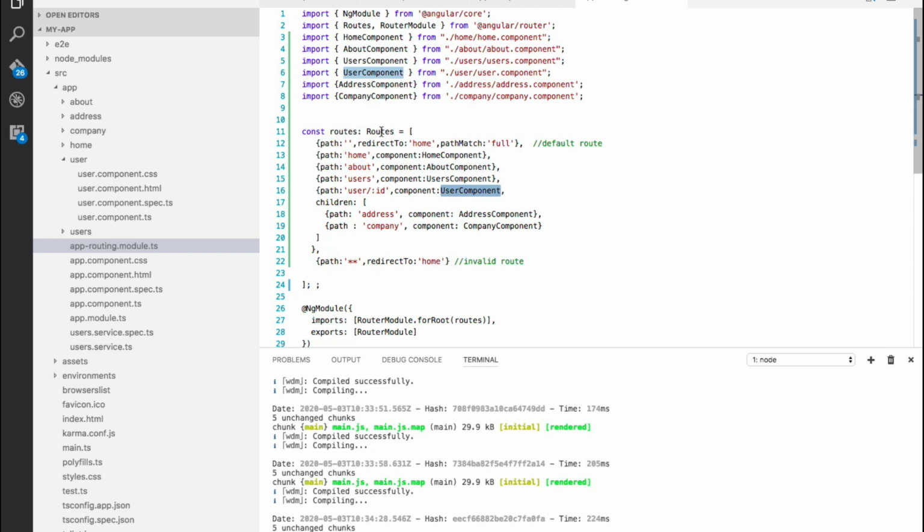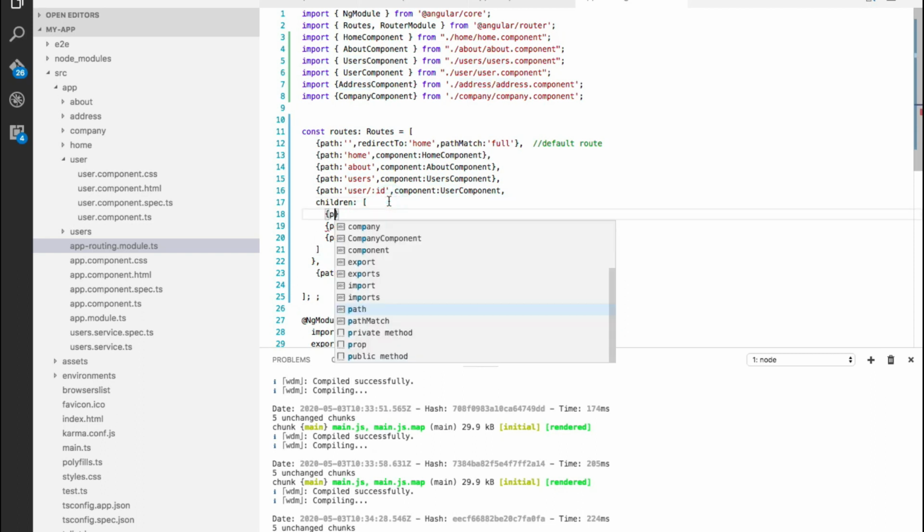Like in the previous demo, we have seen the default route will be home if the path is blank. So the same thing we can do here. As soon as the user component renders, we may want to set address as the default child route. So we can add one default route here as well.